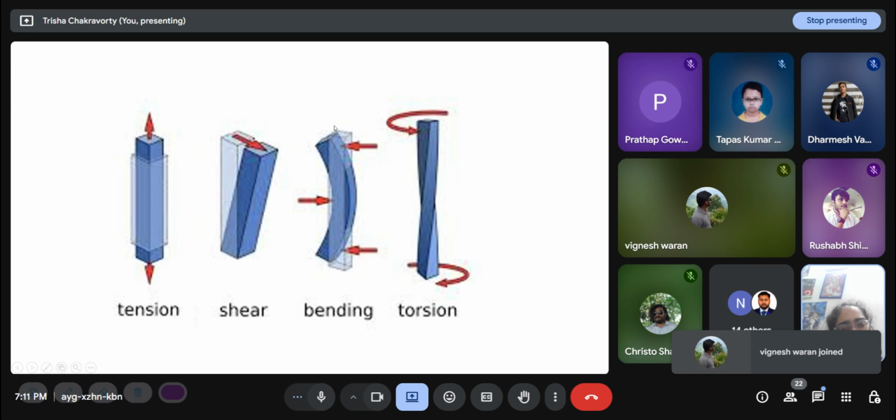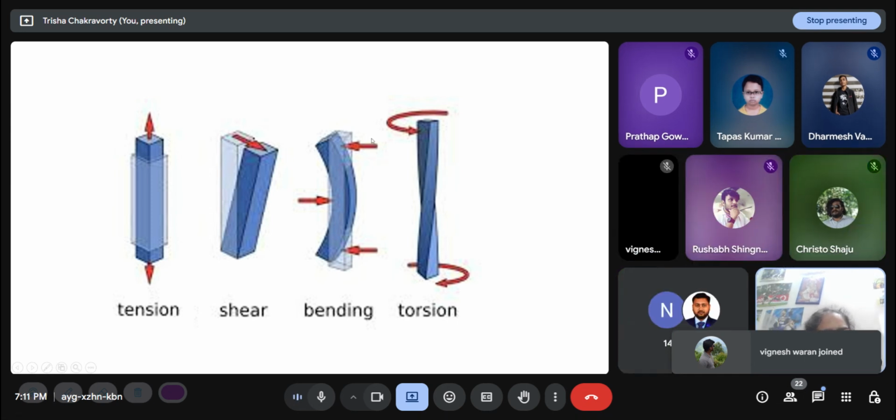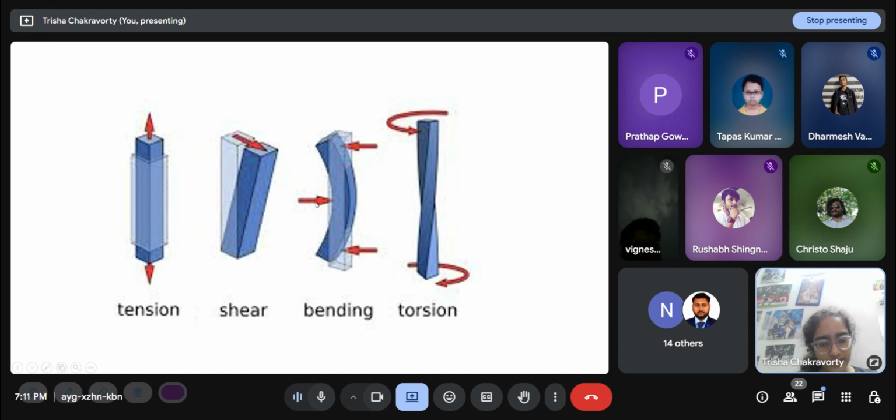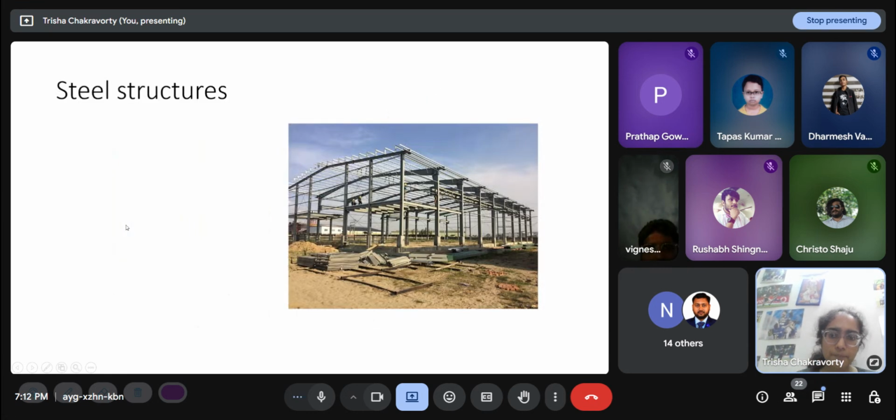So this is also, see, this is the axis of the body, this is the cross section. So the direction of force in bending that causes bending moment is parallel to the cross section, perpendicular to the axis. And torsion is when it is a twisting kind of moment, and for this kind of moment the sense is along the length of the body, just like in tension or compression.